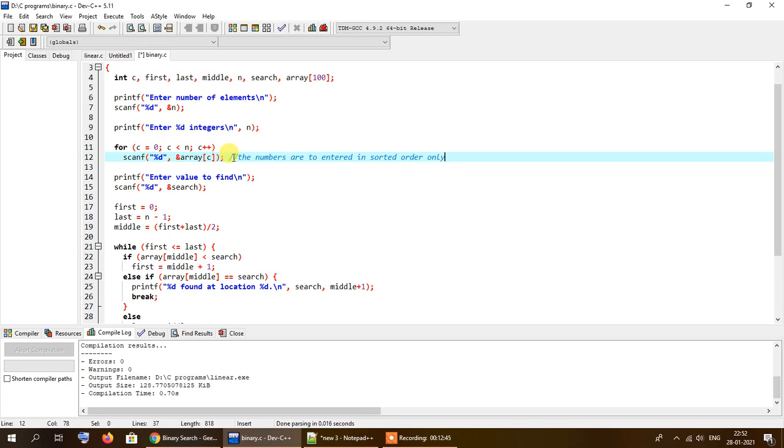As we are not performing any kind of additional sorting in this program, it will be the duty of the user to enter numbers in a sorted manner while giving them for the array. So either we can enter the numbers in ascending order or descending order, but they must be in a particular order. You cannot enter numbers in an arbitrary manner in this array, because if you do that, the binary search